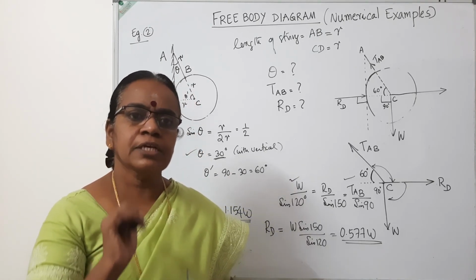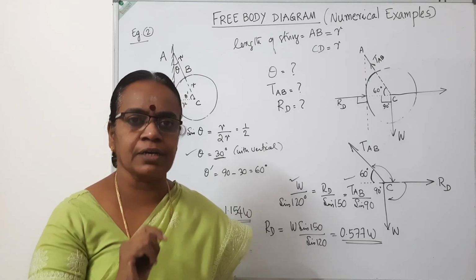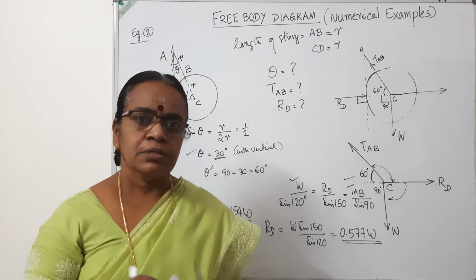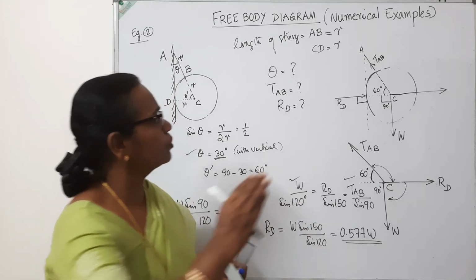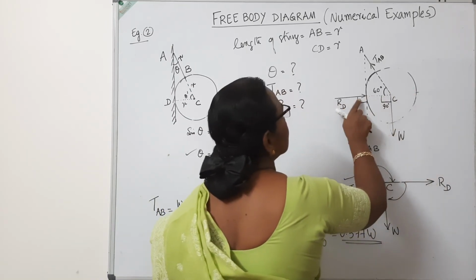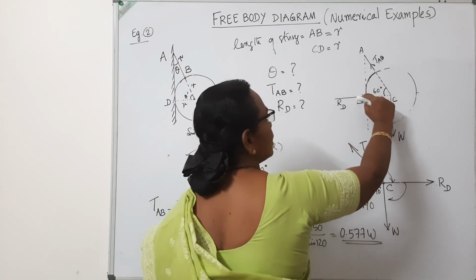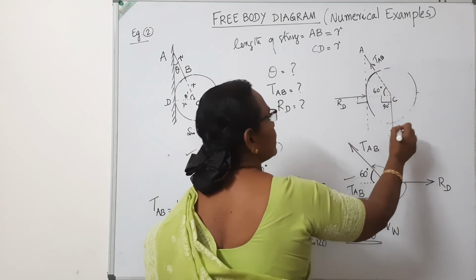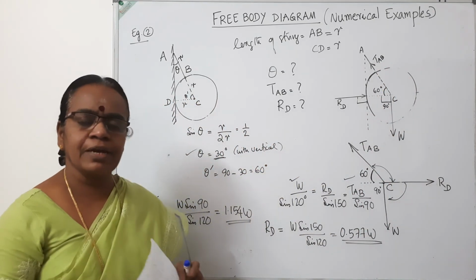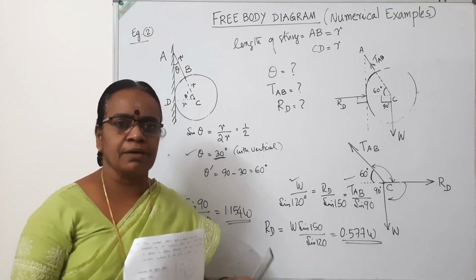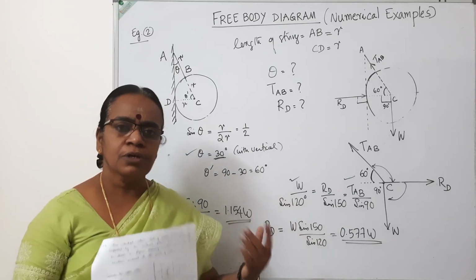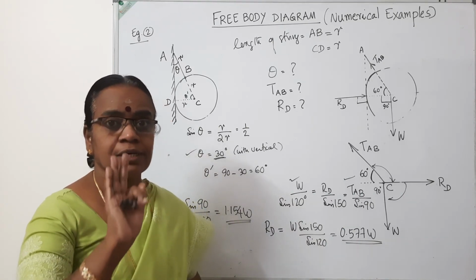So here we have first of all drawn the free body diagram and made use of Lami's theorem, since there are only 3 forces and all the 3 forces are acting at one single point, which is much easier compared to the resolution. And if you feel the resolution is easier, here also you can do sigma Fx equal to 0. By doing Fx equal to 0, RD and this TAB will be having components, so you will write one equation. Resolving vertically, you will get one equation. From that we can get both RD as well as TAB, as done in the previous example. So either use sigma Fx equal to 0, sigma Fy equal to 0 for concurrent forces, or you make use of Lami's theorem provided there are only three forces.